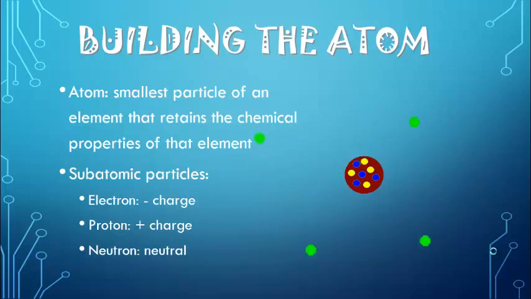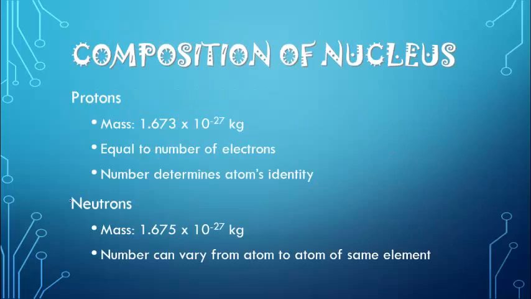Within the nucleus, which is the red area of the atom, we find the proton. The proton has a positive charge. Also within the nucleus, we find the neutron, which is neutral in charge. So the composition of the nucleus, found with further testing, we say that it's made up of a positive, which